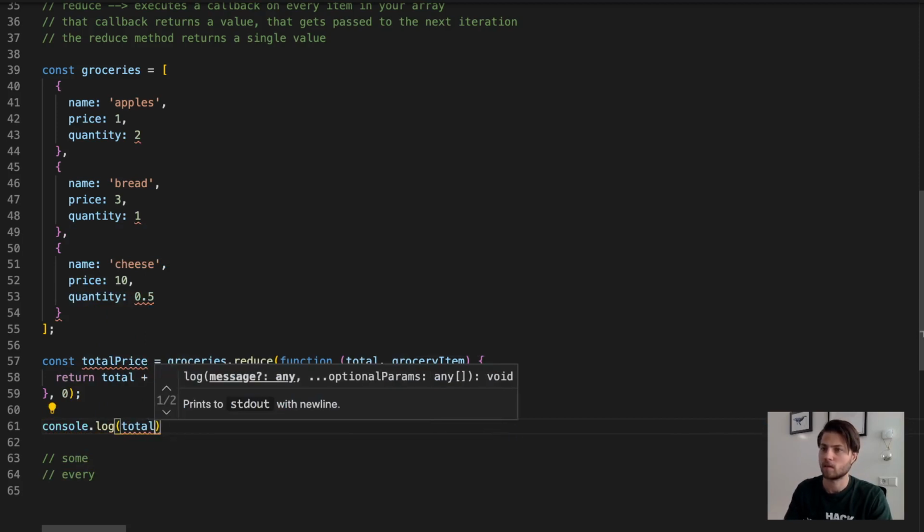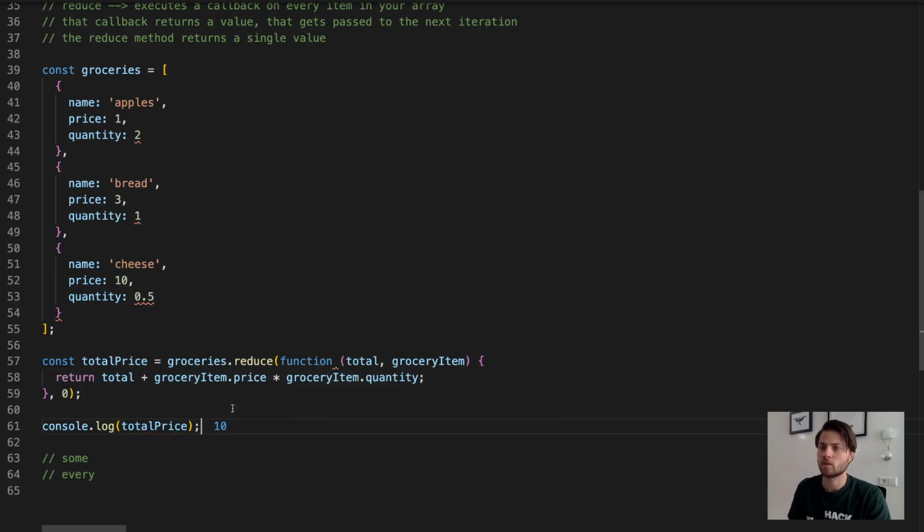you can see that the total price is 10. So it's 2 times 1 is 2, 3 times 1 is 3, so 2 plus 3 is 5, and 10 times a half is 5, so 5 plus 5 is 10. So this added up all the prices of our groceries, and